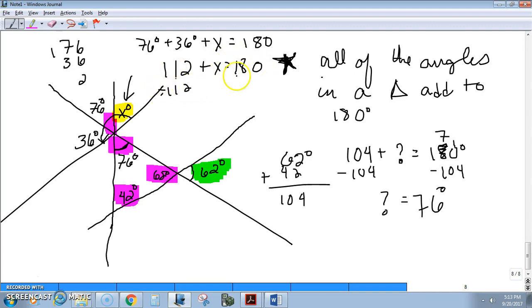I subtract 112 from each side, and I find out that x is, I've got to borrow again. Now that's 7, this is 10, this is 8, 68 degrees. So I know that x must be 68 degrees. Okay? So I actually needed kind of all of those numbers in order to figure out what my x value was. Let's do one more kind of like that